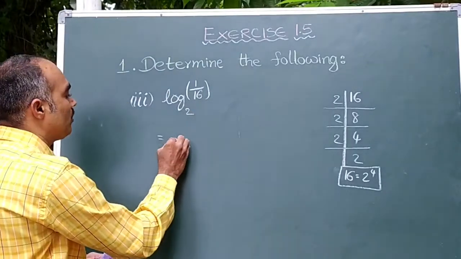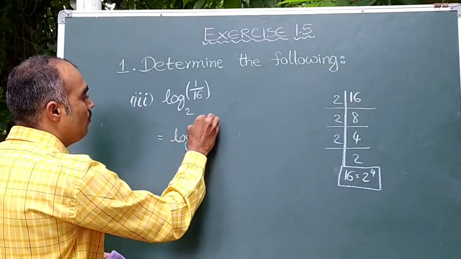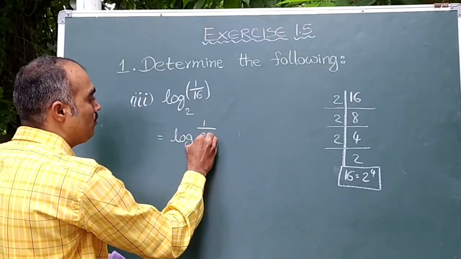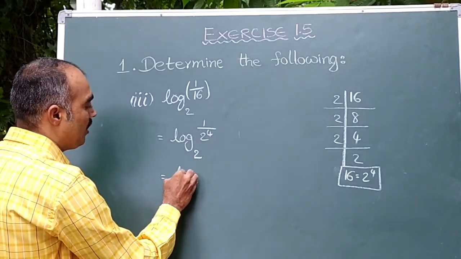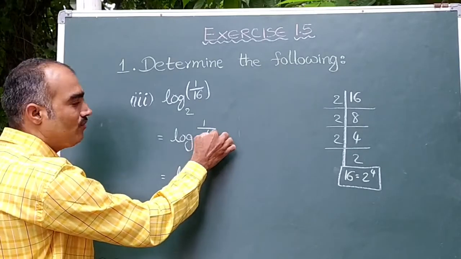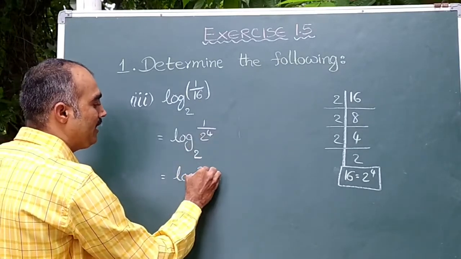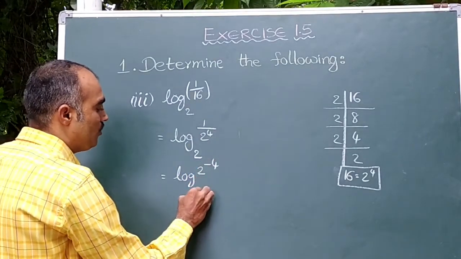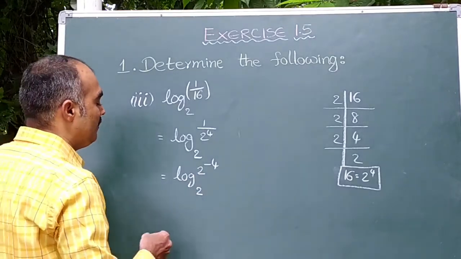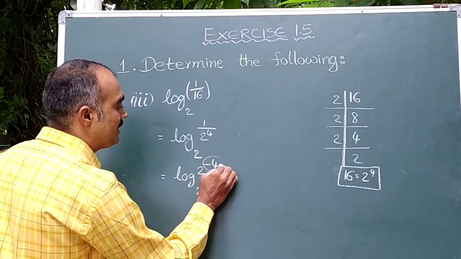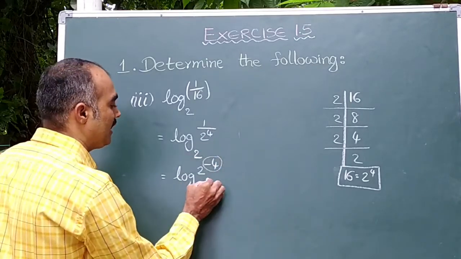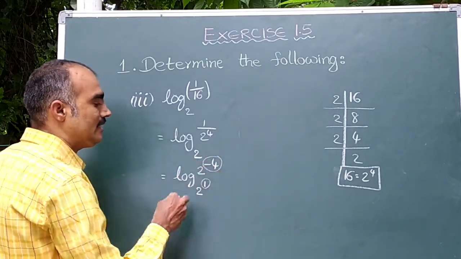So let us come back to the problem here. It is log 1 by 16 as 2 power 4, here base is 2. So it can be written as log 1 by 2 power 4, and when we bring it up, the exponent becomes negative, it is 2 power minus 4 base 2. So here we can write this as 1. Let us take the formula again here. This is the father's cap, as I have explained in the earlier video. This you take as son's cap.